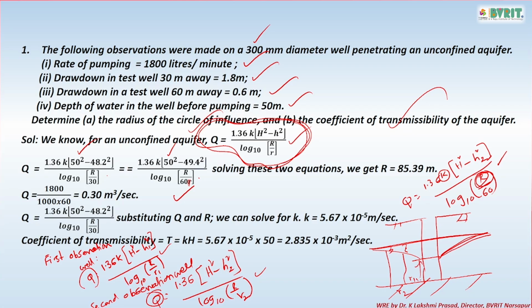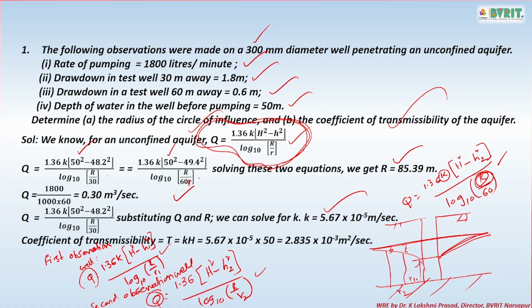What is happening at observation well 1? What is happening at observation well 2? Both are equated because the discharge remains the same. So when I equated both, naturally I can find out, basically, first thing, what R actually is. That's how we found it, basically solving these two equations. We found this. Then Q is equal to, substituting Q and R, I should find out